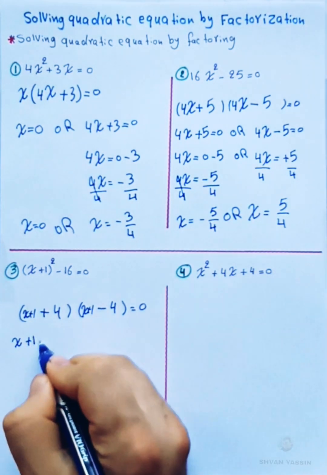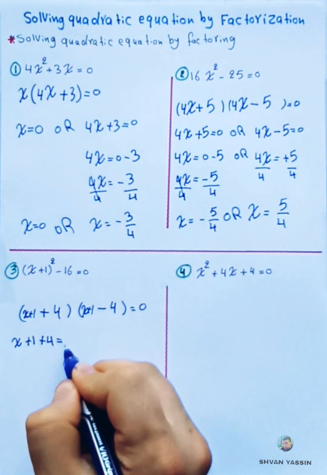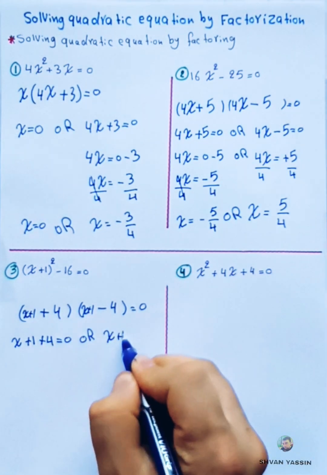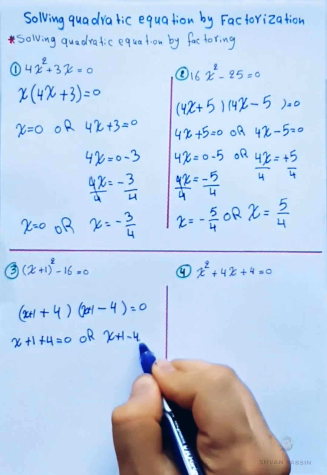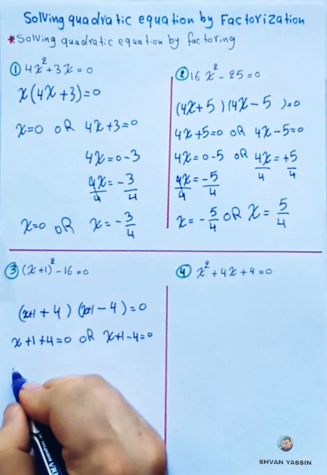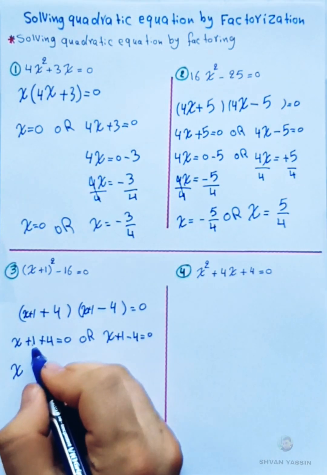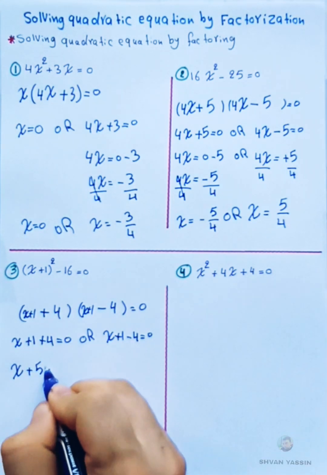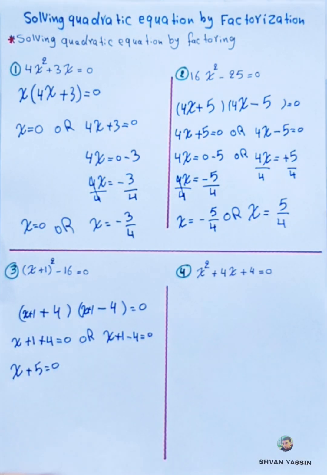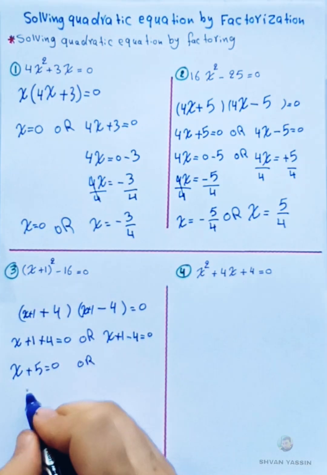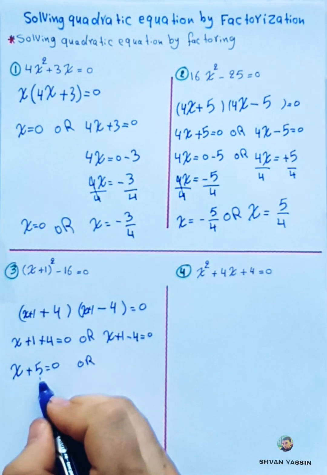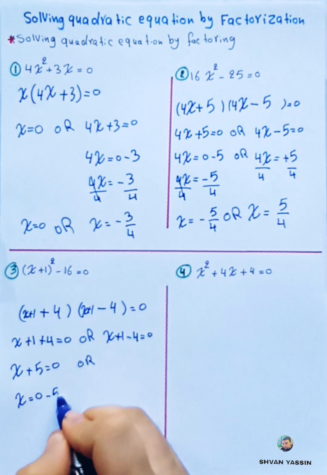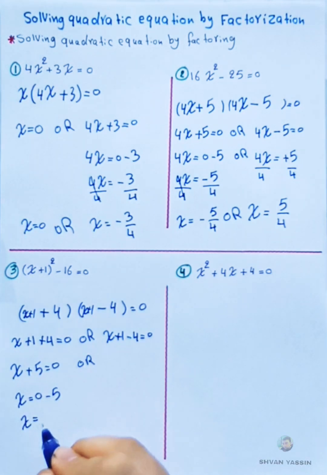X plus 1 plus 4 equal to 0, or x plus 1 minus 4 equal to 0. So we can simplify. 1 plus 4 equal to 5, so x plus 5 equal to 0. You have to change the place of positive 5 to the right side, so x is equal to 0 minus 5, x is equal to negative 5,